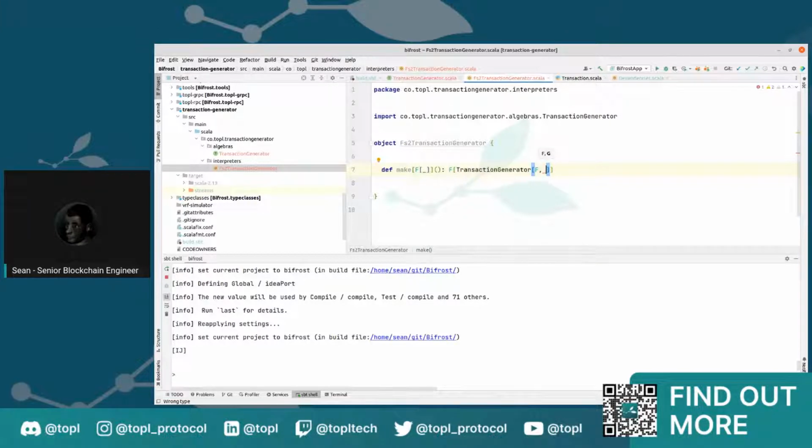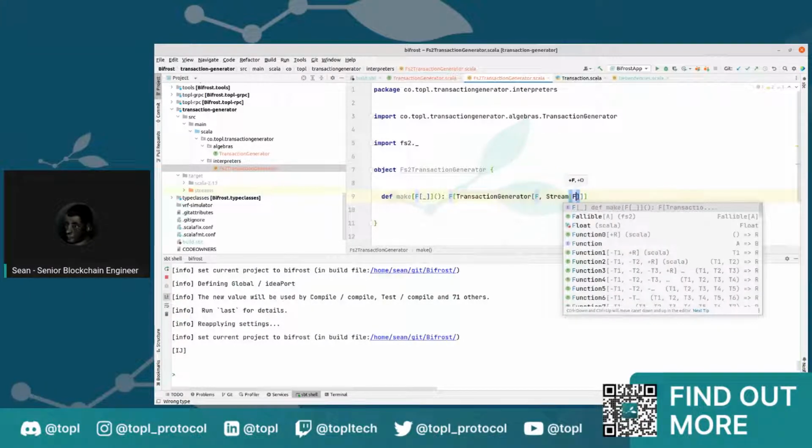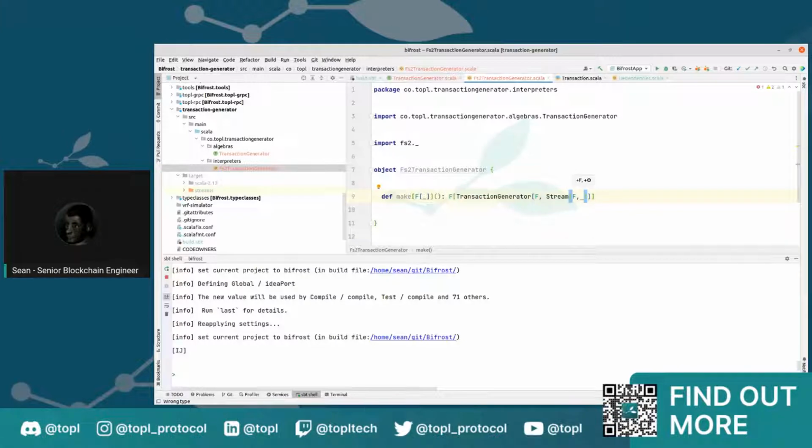Because I'm implementing with FS2, I'm going to specify Stream. It's going to collide with the Scala one, so I'll go ahead and import fs2 dot underscore. It's going to be a Stream, and Stream again requires this F, so I'll plug that in. And for the second one, this is where it gets funny. We can't just say Transaction or whatever, because it needs to be an underscore. So this is where we use asterisk, which is from